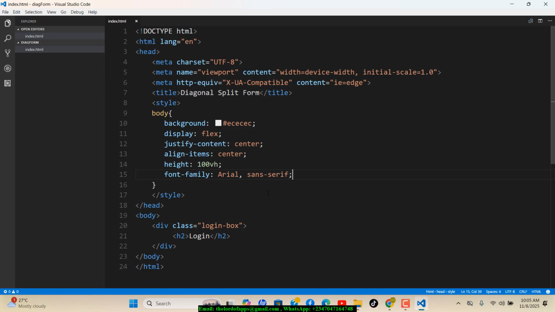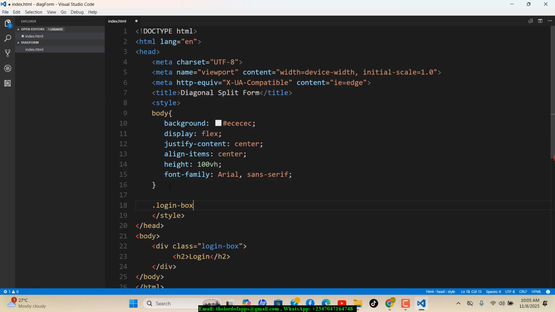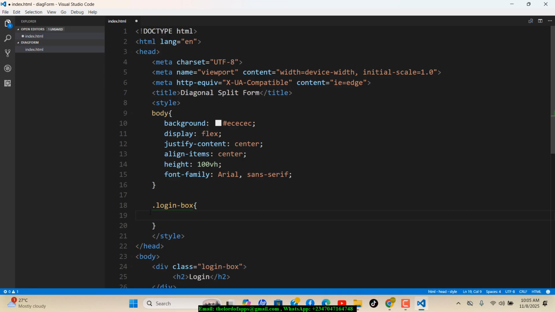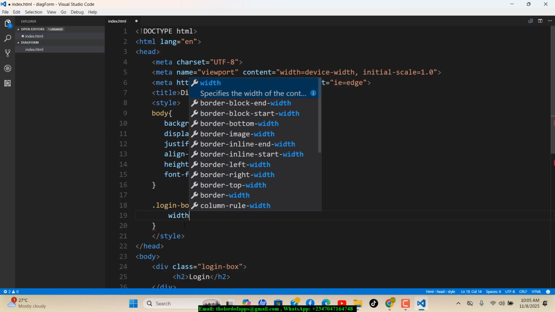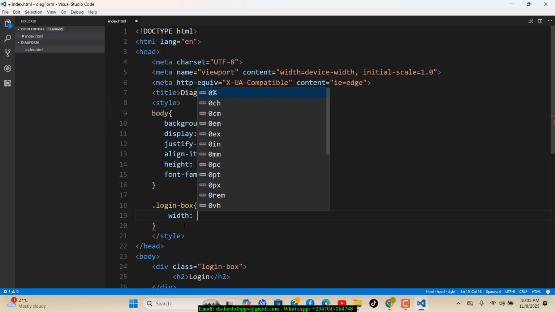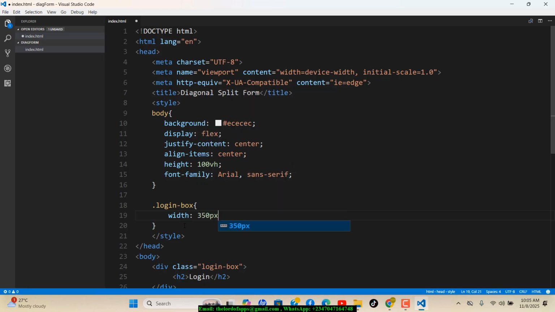So the next thing I want to do right here is move on to this section where we do have our login box right here. So let's start styling that. If you want to do that, it's a class, so we can do dot login-box right there, and then we can just throw in our curly brackets, and let's first of all give a width to that particular box right there. So if I do 350 pixels right here,